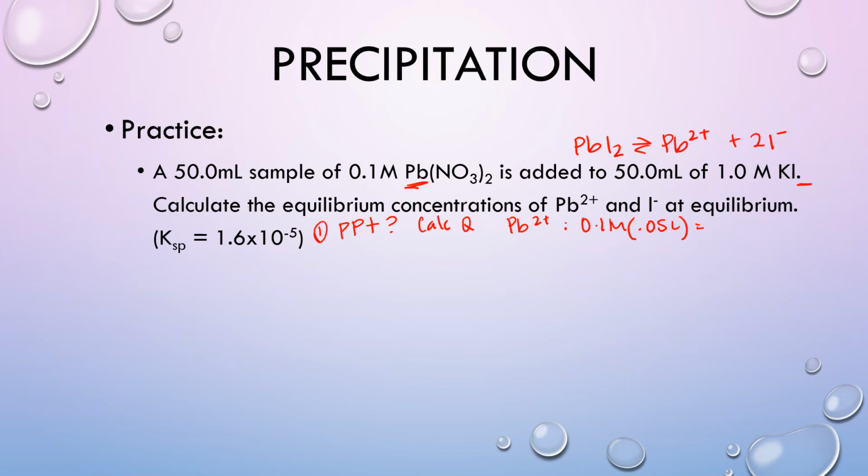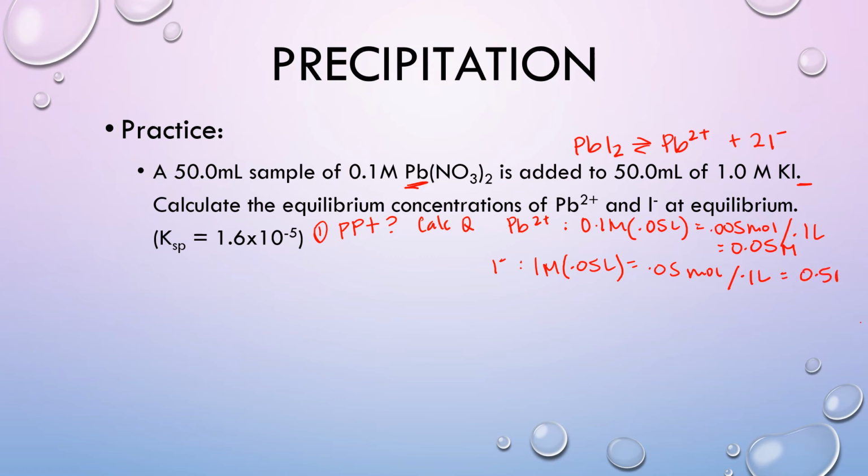Sorry, trying to find the word. Oh, there it is. Okay. 0.005 moles over 0.1 liters is my new volume. That gives me 0.05 molar for the lead. And then for the iodine, we had 1 molar, 0.05 liters, gives me 0.05 moles, divided by 0.1 liter, gives